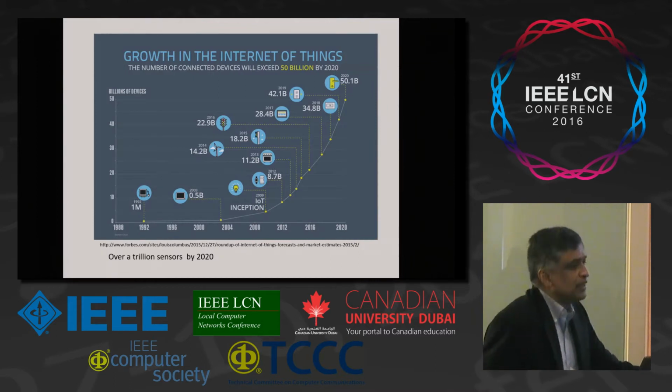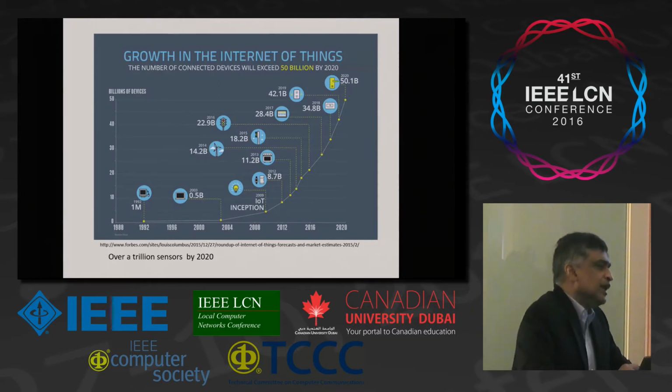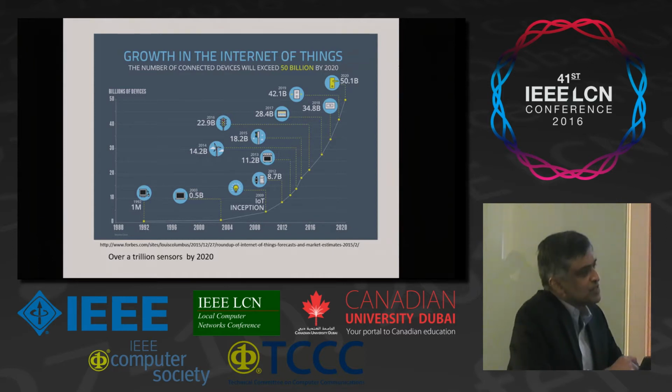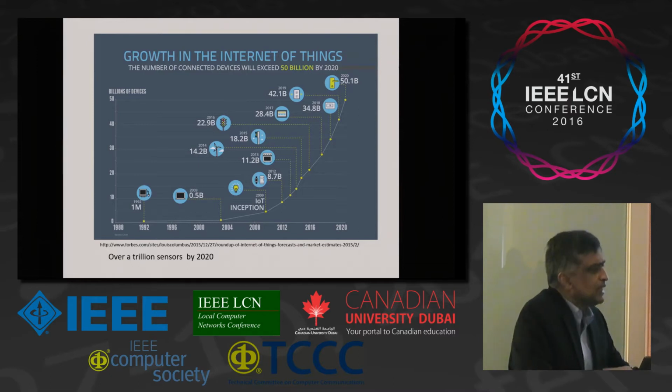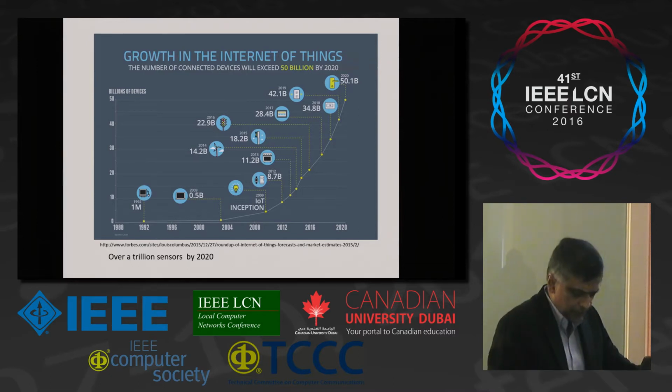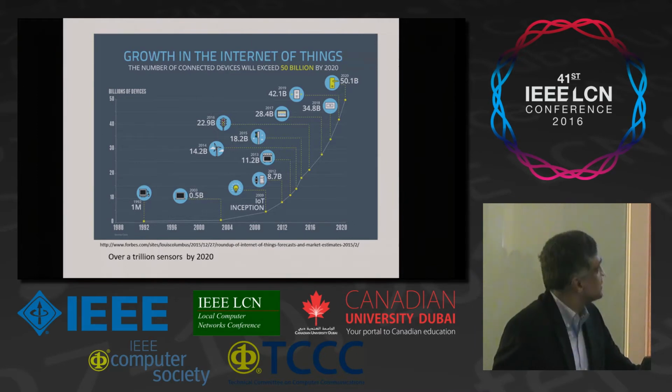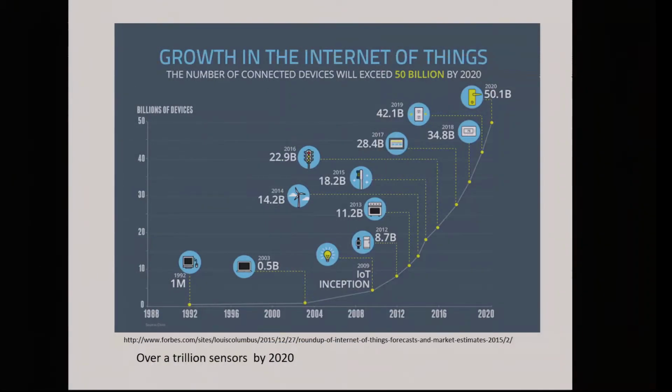There's this buzz about the Internet of Things, so many, 50 billion devices by 2020. Now, just because we have these sensors and IoT devices connected to the Internet does not mean that the network itself is going to be complicated, right? You may have some devices connected to the walls, but they are talking to a Wi-Fi hub or something that's not going to increase the complexity. But within this, there will be islands of sensor networks, where we have to address the individual nodes. That is the subset that I'm talking about.